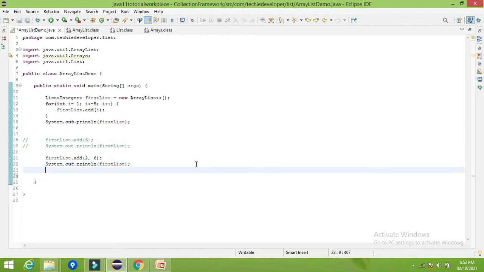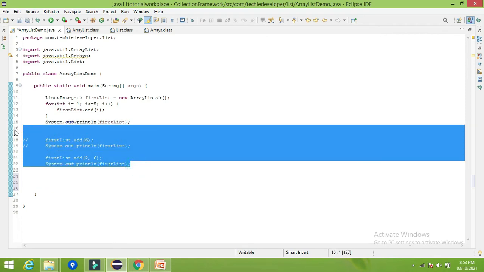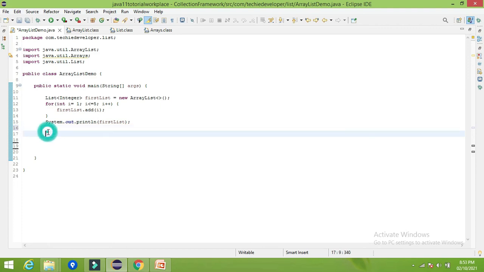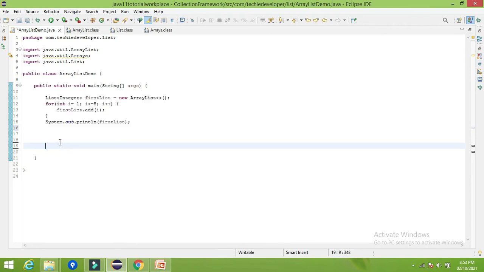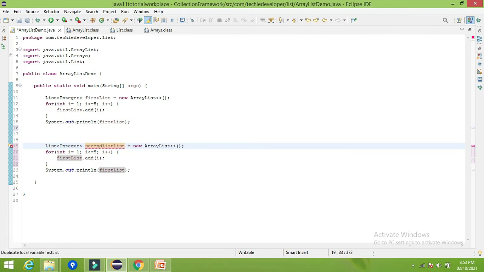Now we have the next method called addAll. Let's consider I have another list called second list. Let me copy paste only this, which will have the elements from 6 to 10.